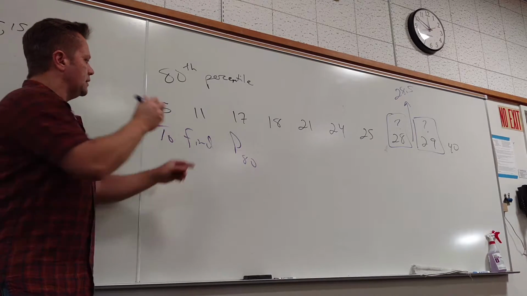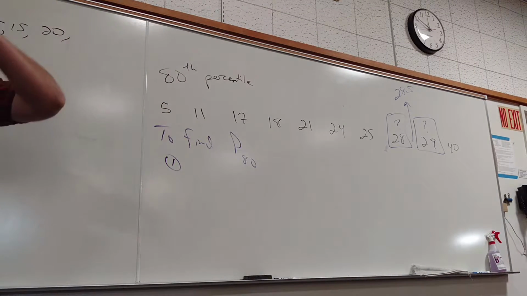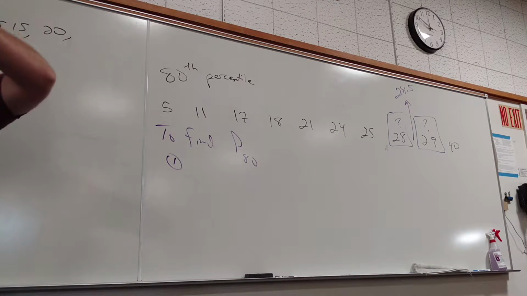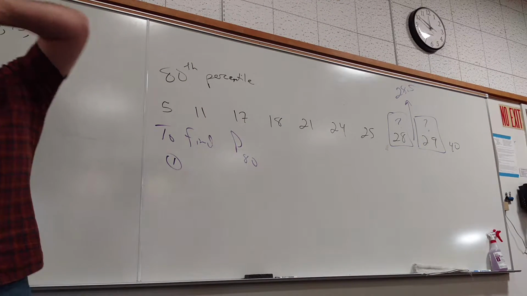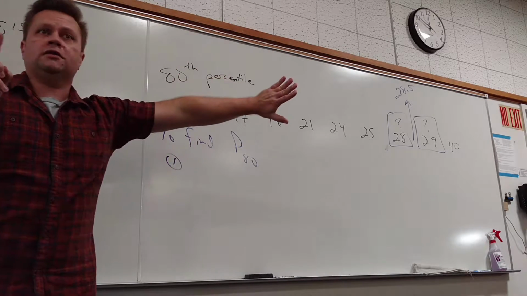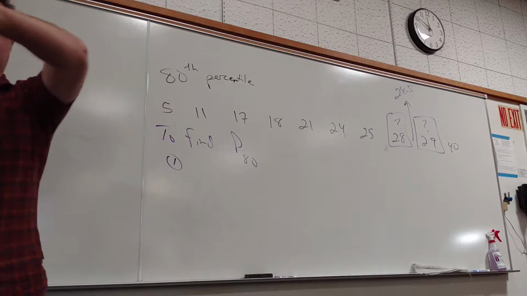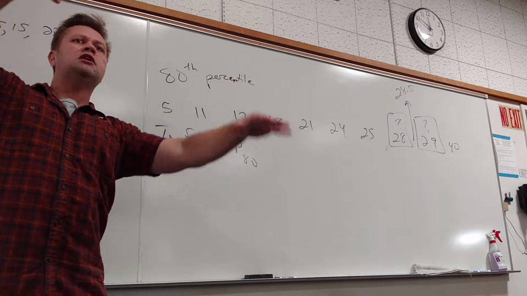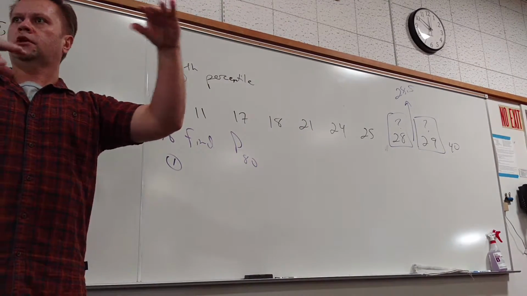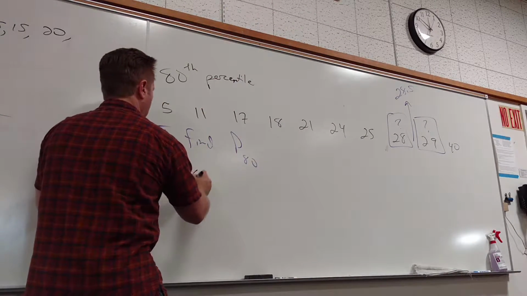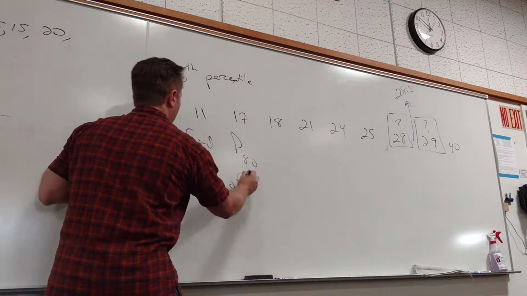So what makes sense here? It makes sense that the first step should be, if I want the 80th percentile and it has 80% of the data below it, I want to go how far into the list? 80% of the way into the list. Does that make sense? Of course you do that. I'm going to make sure that I bypass 80%, and then the adjustment's going to come in, because you see that that's not going to really work correctly. So I want to take 80% of, in this case,